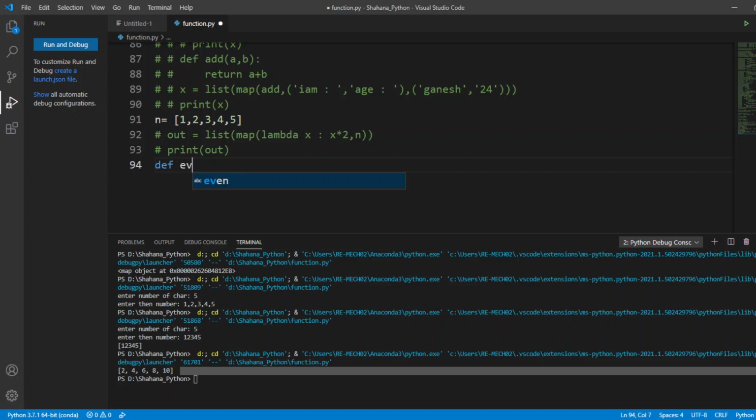It's going to be even, to check whether the given number is even or not, and it takes a as a parameter argument. Next, I'm going to return a mod 2 equal to 0. If this condition is satisfied, it will return my value.